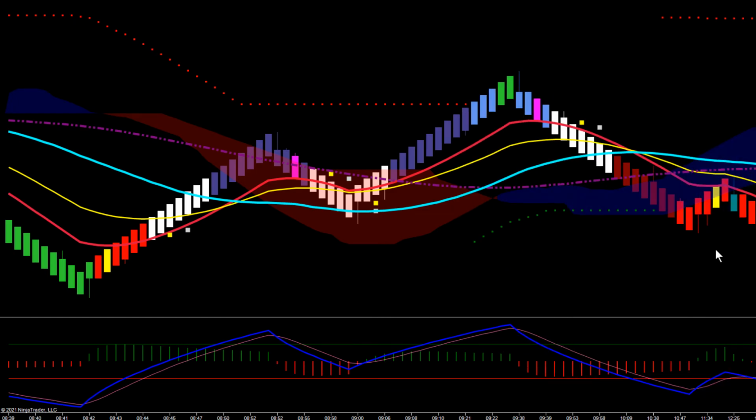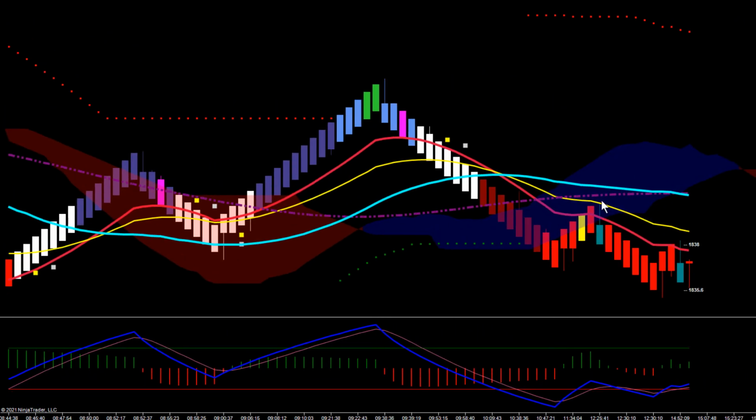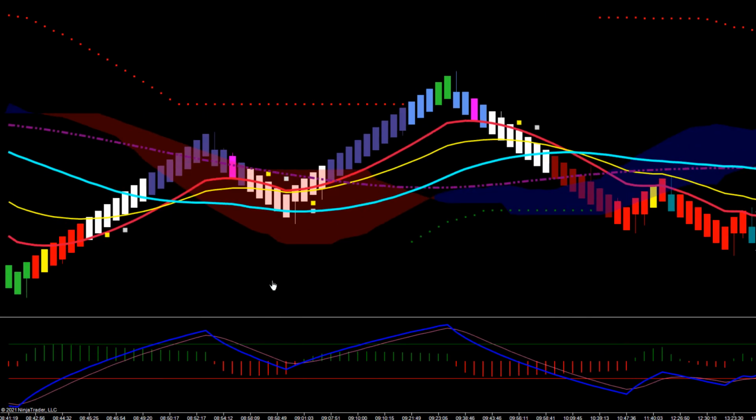And then our final setup was this Trender Pro 2.0 wick out of the cloud, and again, good for another couple hundred dollars per contract potential. So again, it just depends on your trading style, what your risk tolerance is, how you trail your runners, but definitely some really nice opportunities